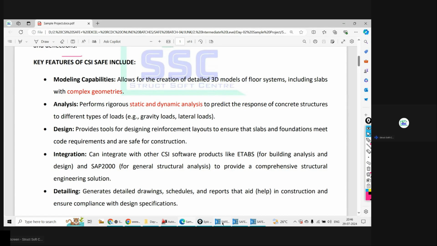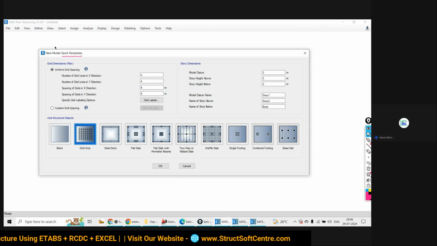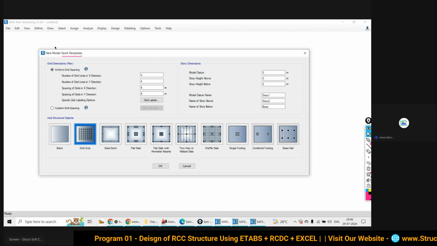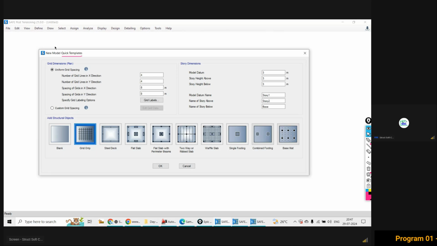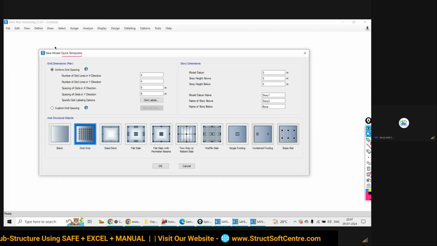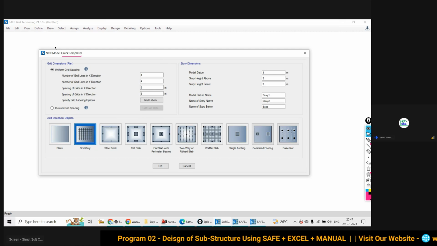You can import the file in this CSI SAFE, and you can export the file from this CSI SAFE for the CAD software. When your final layout design is done in SAFE, all the report you can directly export from this SAFE to CAD software. You don't need to look at it separately and then draw in CAD again. You can directly go through a procedure and click the button, and all your report is going to be exported in the CAD file.